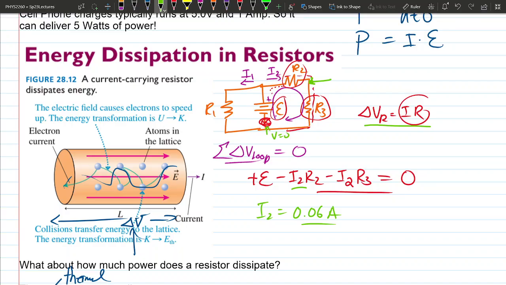The way you do that is once again, you do Kirchhoff's loop, but you don't get back to the same point. So if you start off here and we declare this to be 0, we go over this battery and gain 9 volts. Let's just write in the numbers. If we keep following the current, we're going to lose I2 times R2 amount of voltage. I2 is 0.06